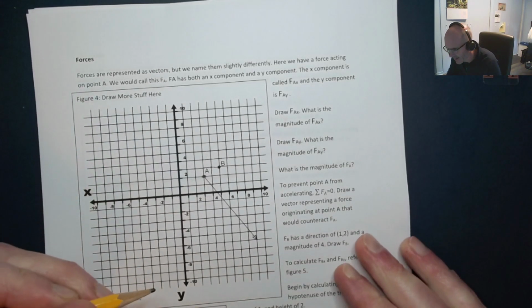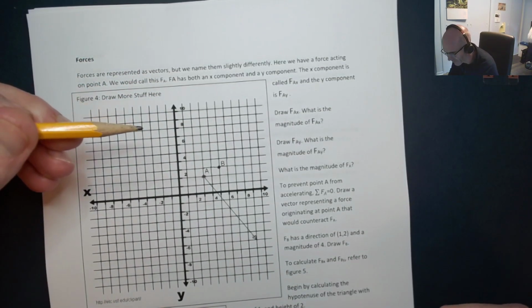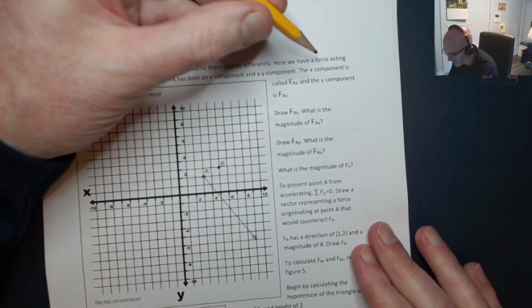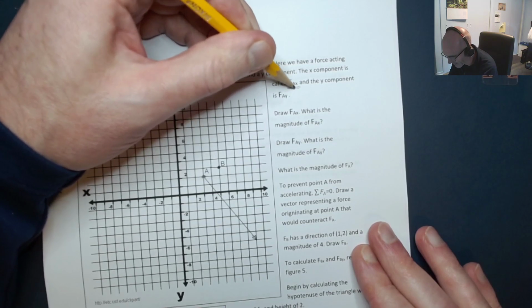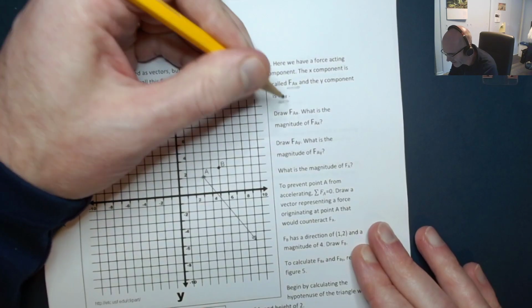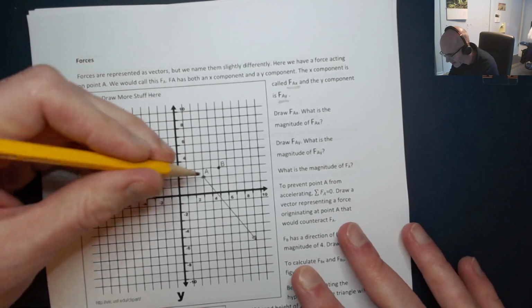Okay, and so this force has both an x component and a y component, and we call the x component of the vector the force acting on A, x component, and the force acting on A's y component. Okay, so FAX,